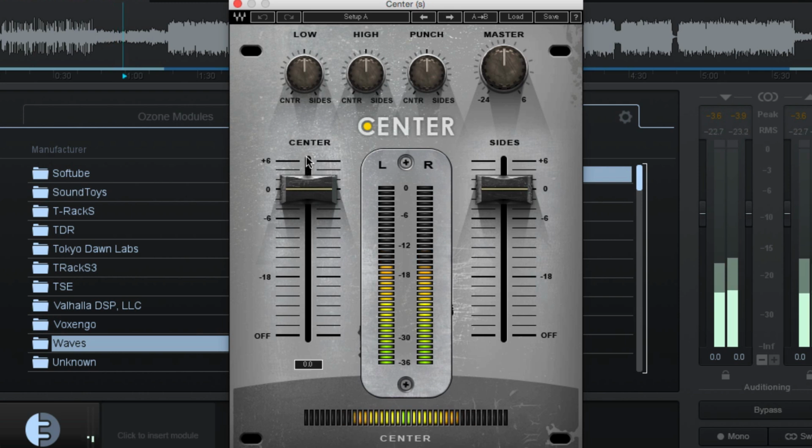So we've got our center channel and our sides channel here. This is mid and side. So basically this is everything that's in mono, everything's equal in both channels, and this is everything that's in stereo, that's unequal in both channels. So if I turn the center down, you can hear there's a lot of bass, a lot of low frequencies in those sides,